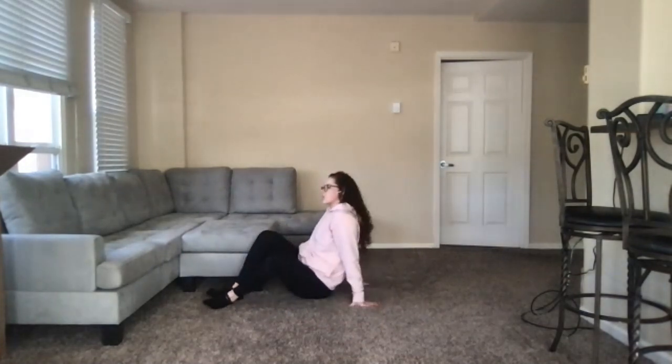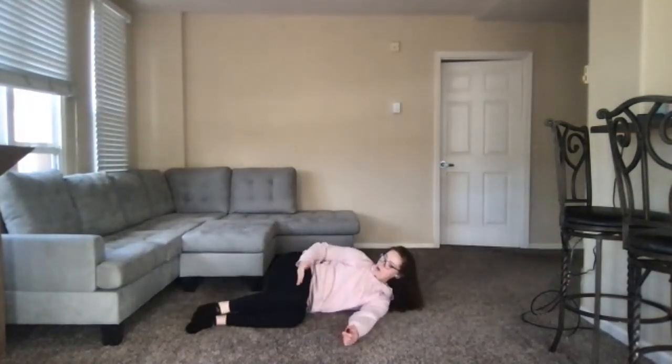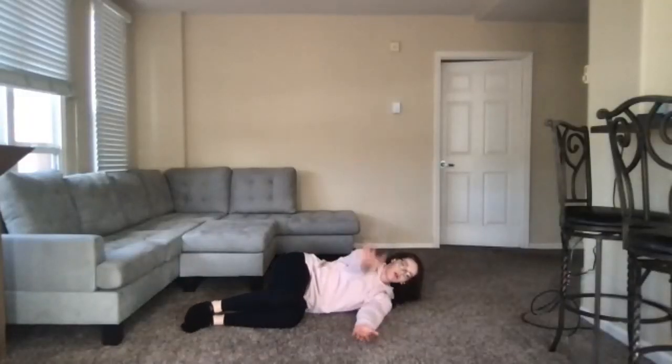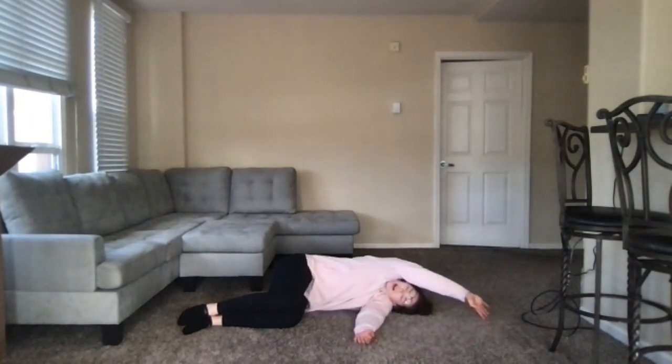What we're going to do here is we're going to do a 90-90 with an arm sweep. So what we're going to do is we're on our side. I'm on my left side. My knees are up straight out, 90-degree angles in the hips and in the knees. Hands are going to go out in front, head on the ground. So our hands are on top of each other. And what we're going to do is we're going to take our top hand and we're going to drag it all the way across the ground,